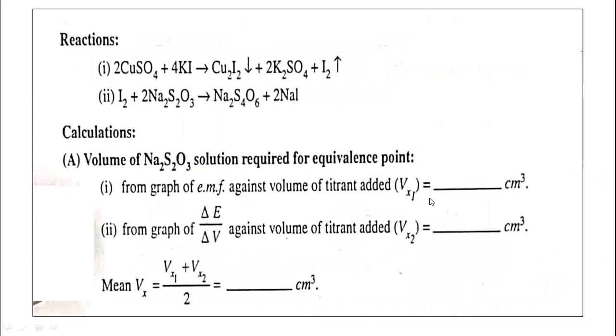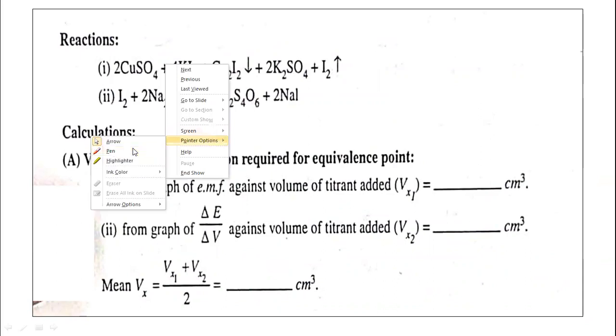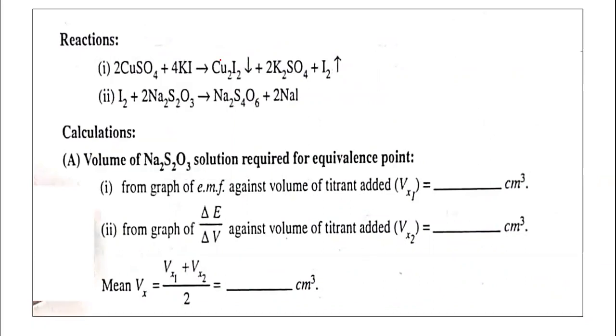It is equal to, first of all, you can see here the reactions which are taking place in the copper sulfate solution. We are adding this KI solution. So there is a formation of this cuprous iodide Cu2I2 or twice CuI. What reaction takes place here? Actually, see, copper sulfate reacts with KI solution, 10% KI solution. This is going to form cuprous iodide, precipitate of cuprous iodide. It is formed here.